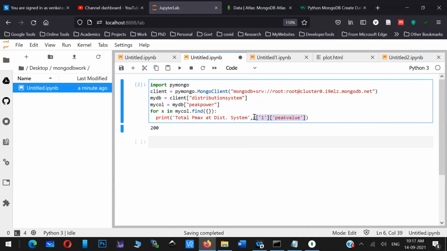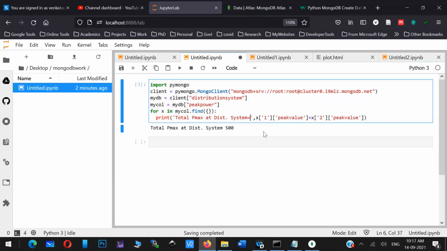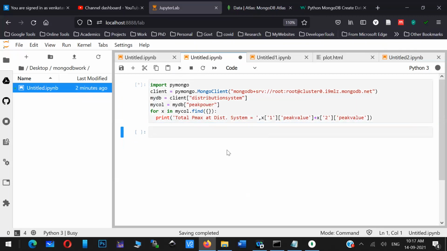So what is the total peak power? One customer power is so and so, and other customer power is so and so kilowatts. So second person, power also I'll take. You can use a loop and you can calculate. Okay, so now you can see here peak. So it is adding and it is giving you the value.